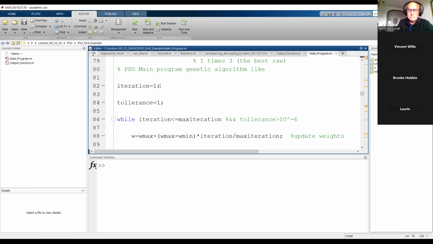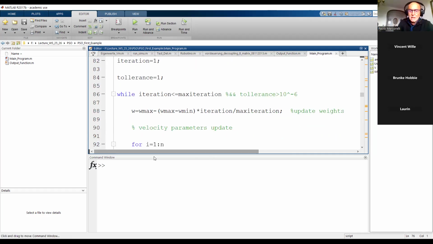the iteration. We can see here while iteration, because at the end I will increase this variable iteration. While iteration is less or equal to maximal iteration, run what we have between while and its end. I don't know if you remember a little bit of programming in this sense. Of course, I can stop earlier with different criteria, but I didn't implement it here because otherwise it's too much information. Look here,